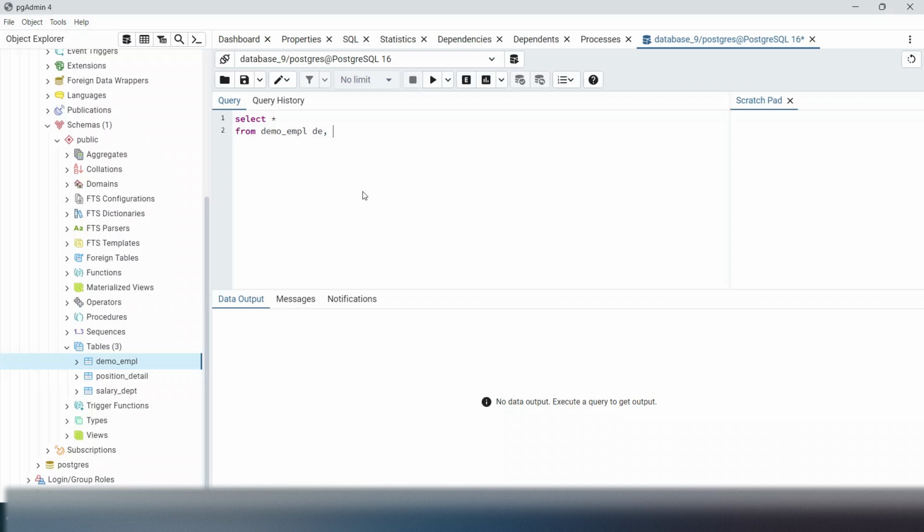Then we have other tables, position_detail, give it an alias name of PD. Then we have another table, salary_dept, so department, give it an alias name of SD. Okay,